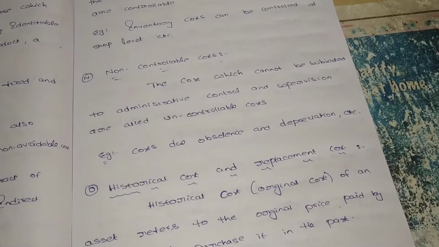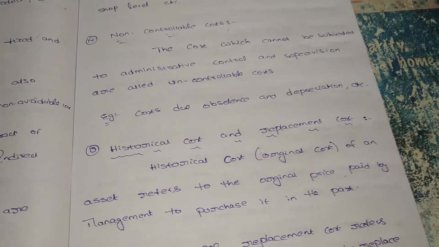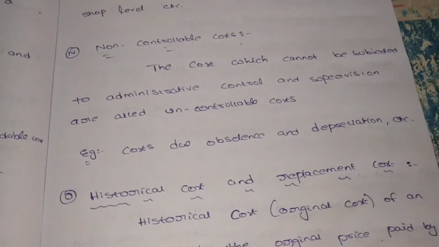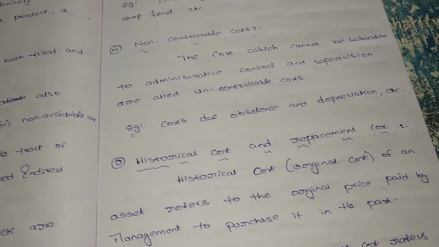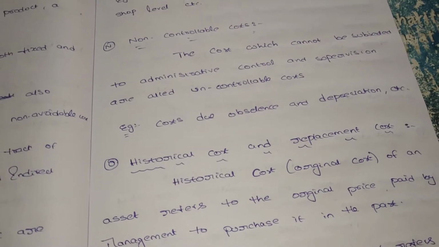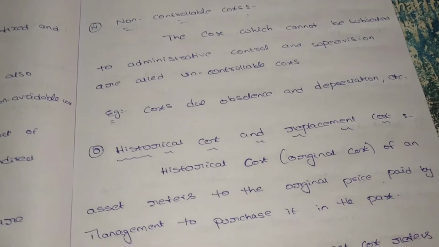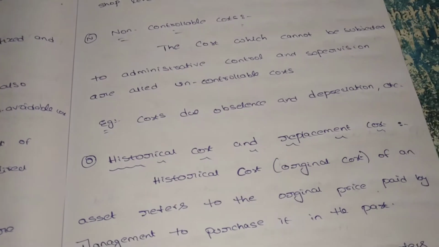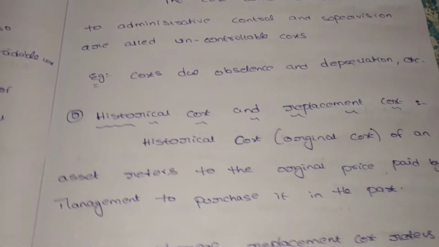For economics students, you should learn about every business organization. For running every business organization, we incur different types of cost. So we should know which type of cost comes under which category. There are different types of cost: what is the variable cost, what are the fixed costs, and there are some indirect costs. So we have to learn which cost comes under what. For doing one thing, this particular thing comes under which type of cost, then we can get very good clarity about decision making in business organizations.